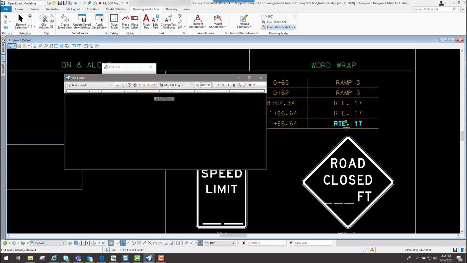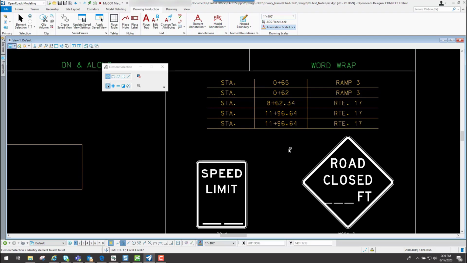You'll also notice whenever you select it, you still have these options up here at the top. So if you really wanted to, you could come in here and change the text style if you needed to. You could come in here and do some other stuff for like the justification if you wish. Those options are there also whenever you edit the text. So now if I come back to my text editor, I'll go ahead and close it out.